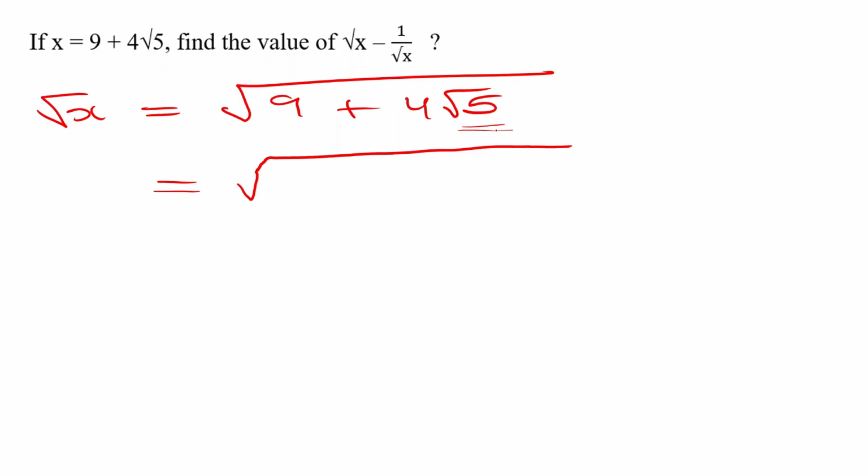Let's try to single this out. Maybe root 5 square. Root 5 square, you know, is 5, and if you subtract it from this whole of 9, what do you get? 9 minus 5 is equal to 4. And 4 is nothing but 2 square. So let's try to type that down. 2 square